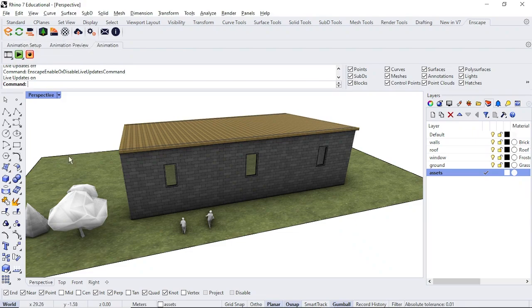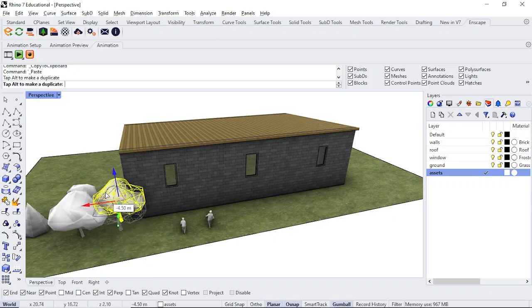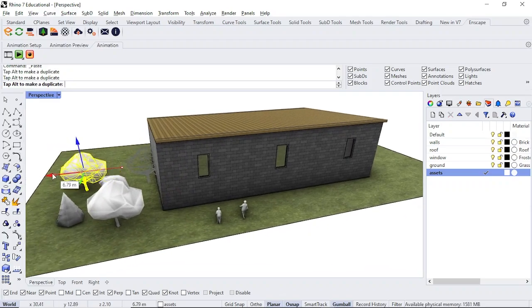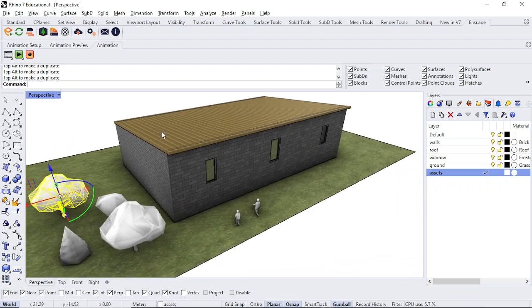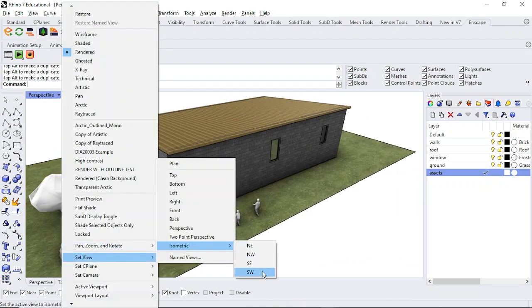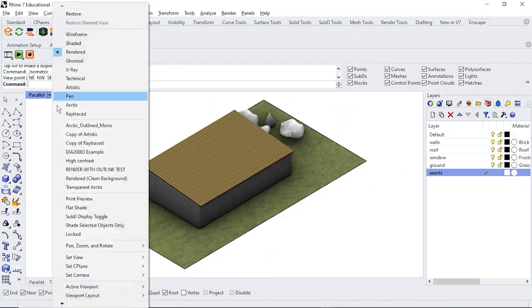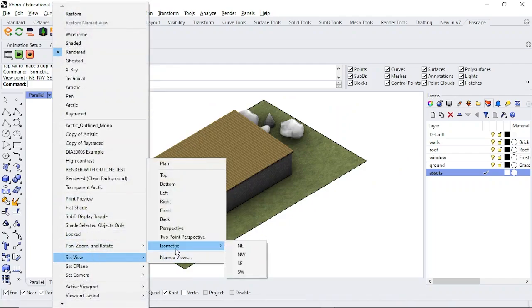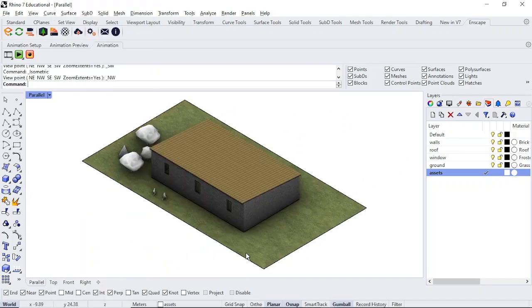If we go back to our Rhino model and we turn on live updates, and we copy and paste this tree, and we just drag it over there, and once that's in place, we can also set the view and set it to, actually we'll set it to northwest,